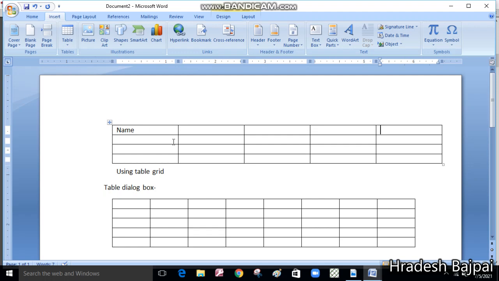Or you can simply click on that particular cell. Name and then class. You can also use arrow keys for navigating in the table: the up arrow key for moving up, and the down, left and right arrow keys. There are many options to navigate in the table.